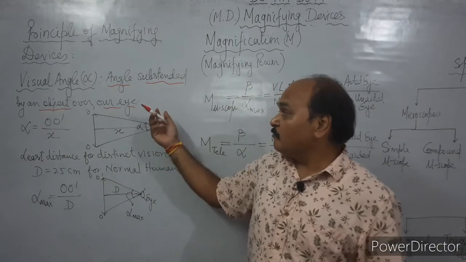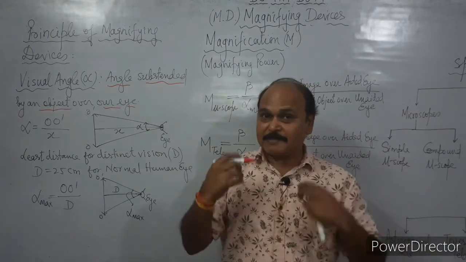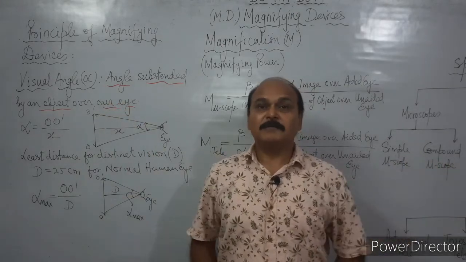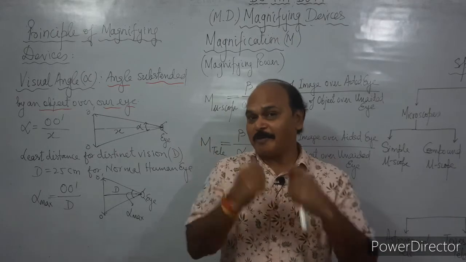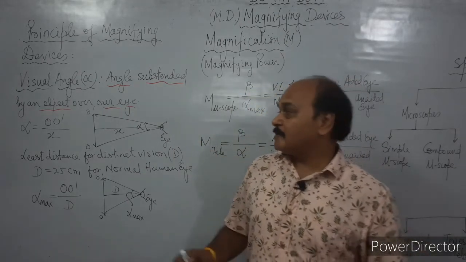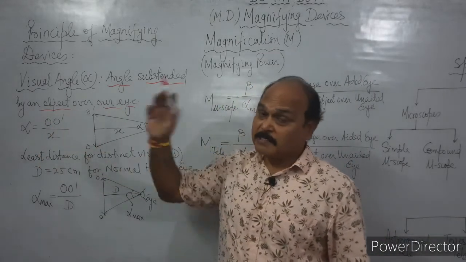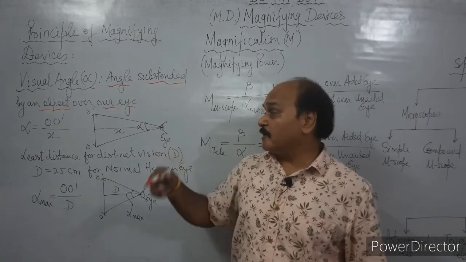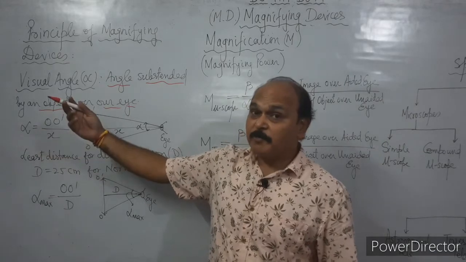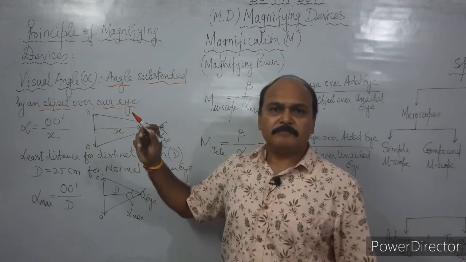So visual angle is the angle which decides the size of an object visible to us. If the visual angle of an object is big, the object seems bigger. If the visual angle of an object is smaller, it seems smaller. But for microscopic objects, alpha is small. Why? Because O dash is small. The size of the object is very small. And for telescopic objects, again alpha is small. But alpha is small because of the distance being very large, huge, infinite.